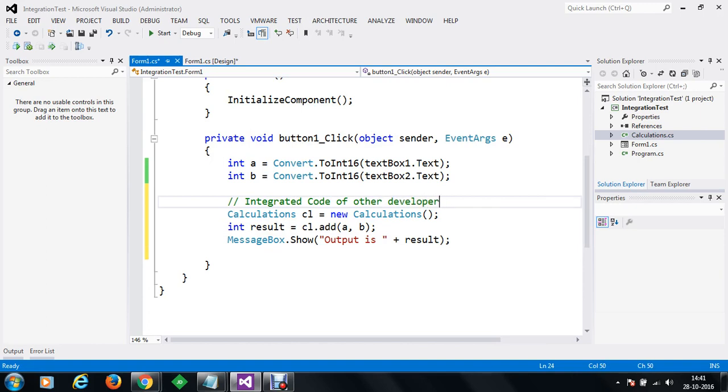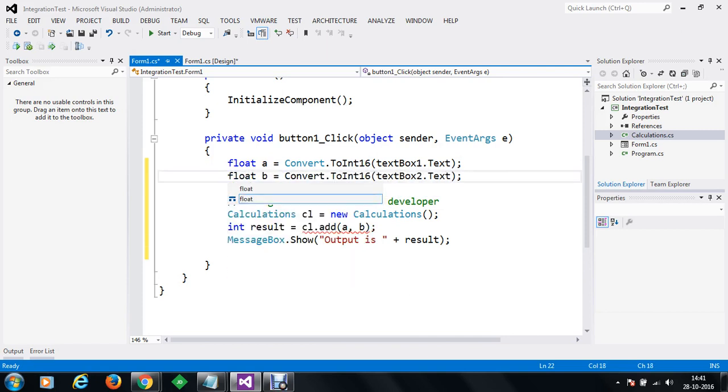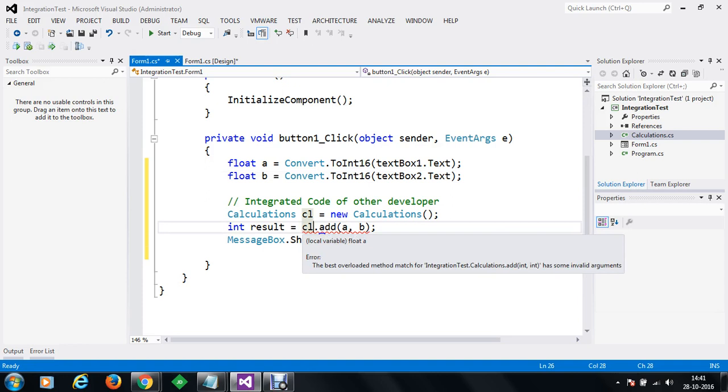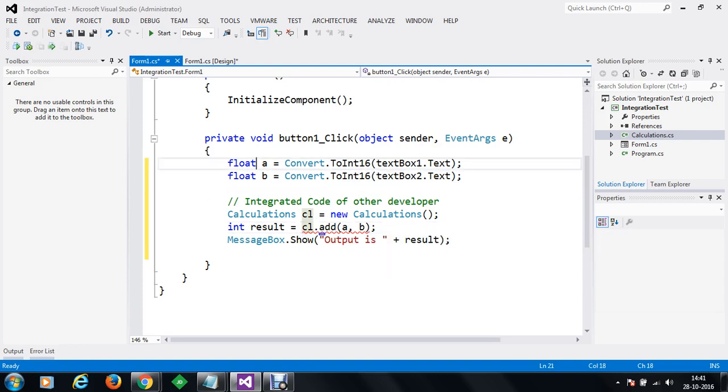It may be possible that he has already performed unit tests on the add methods for different types of parameters, but it could be possible that by mistake we have taken some different inputs. It could be like I have taken, let's say, float values here, and it could be possible. So we are trying to use the values, and they have taken some other different values.